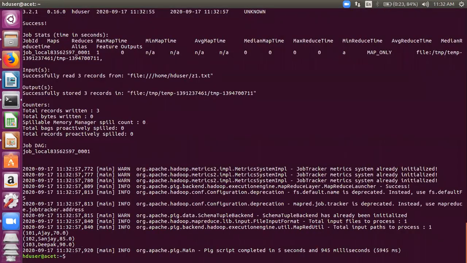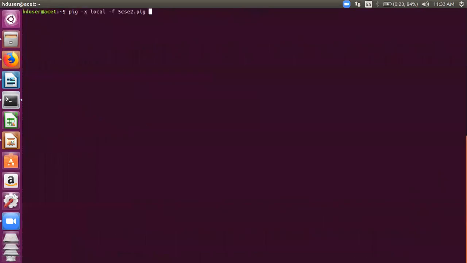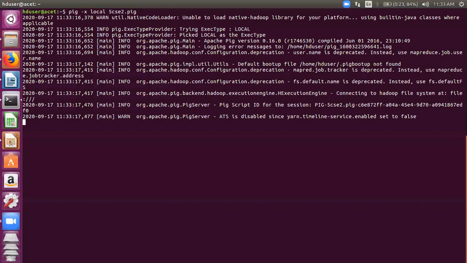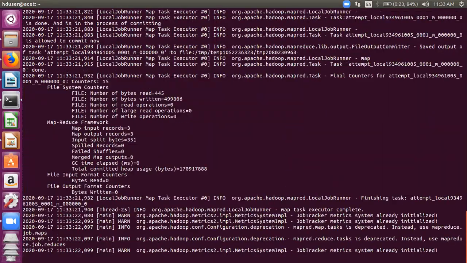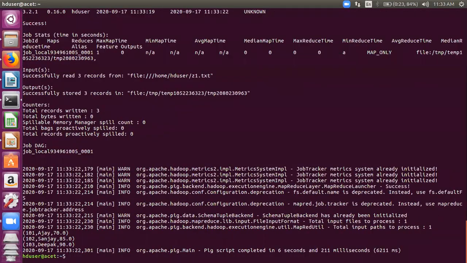Fine, understood the script file. See one more thing now. We use this command. Let's omit this -f. I've omitted the -f. I've simply written pig -x local and then I've supplied the script file. So let's see if it gives the same answer. So you can omit -f also, even then the script file is executed.